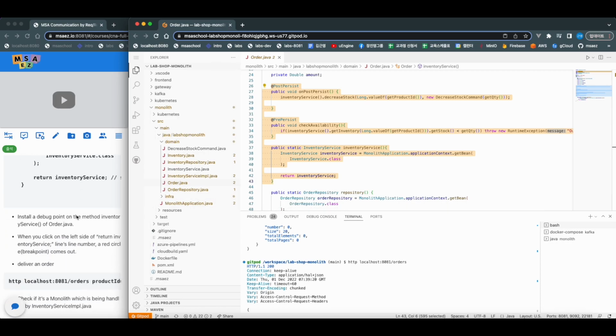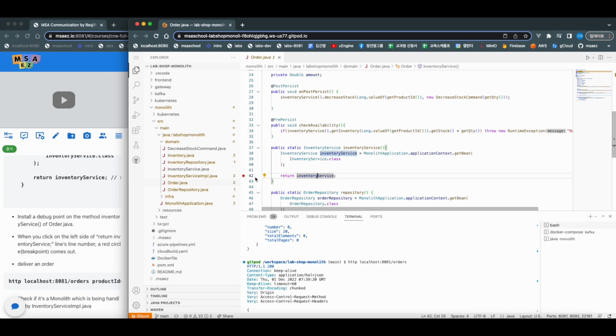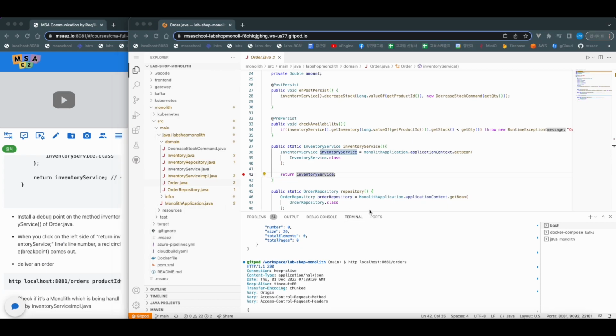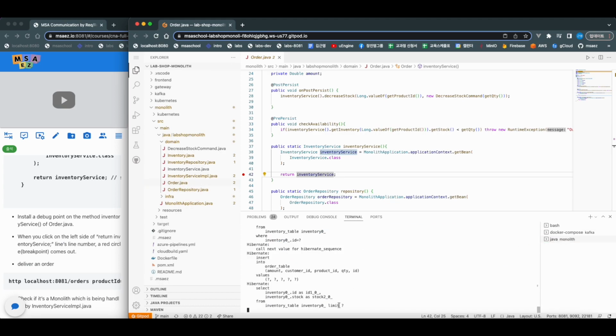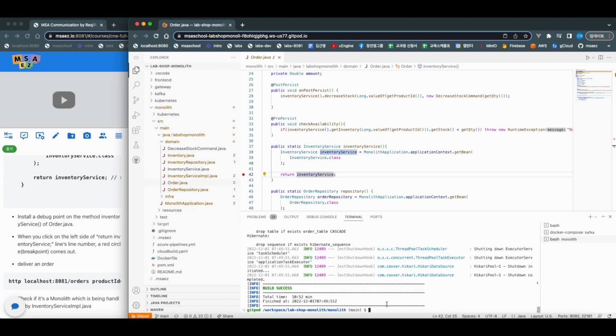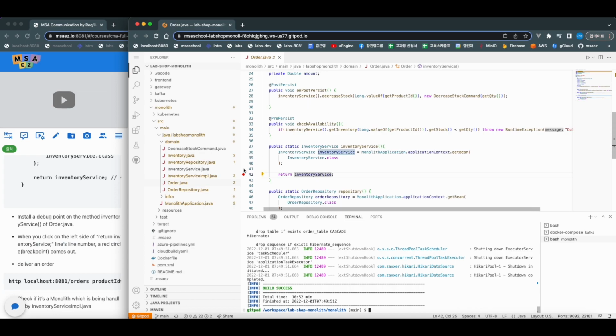So our next step is to put in the red circle, which is a breakpoint, on the inventory service on line 42. If you want to make a breakpoint, just place your cursor on the left side of the line number and click it. Then the red circle comes out, which is a debug point. And then to get access to the debug mode, we have to kill this monolith service that we have run before. So Control C on the monolith terminal,